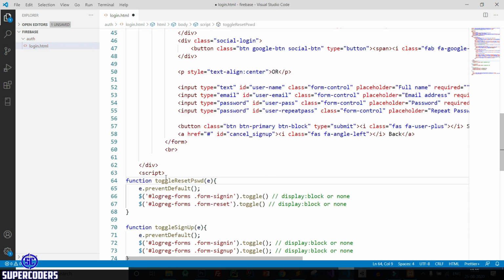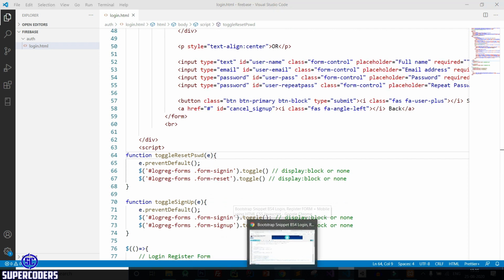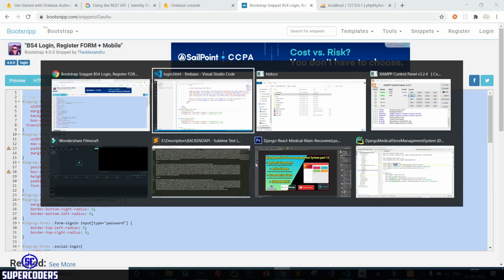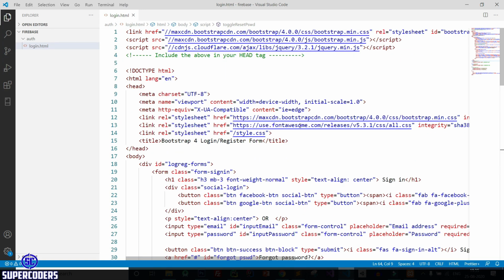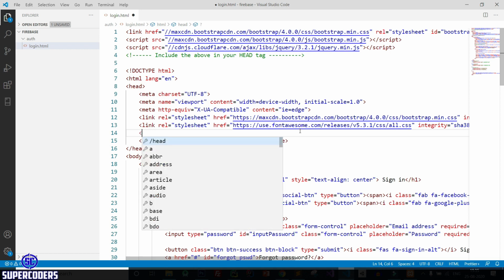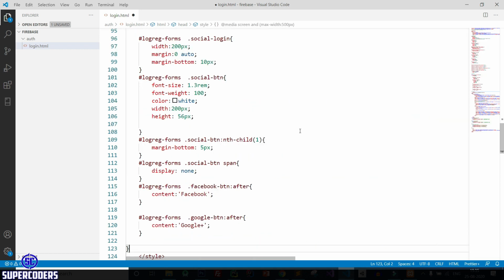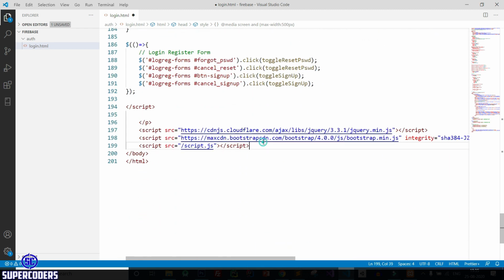Now let's add CSS here. So back to Chrome, copy the code, again come to the top, then remove this style, paste this style code, remove this JS code, save it.